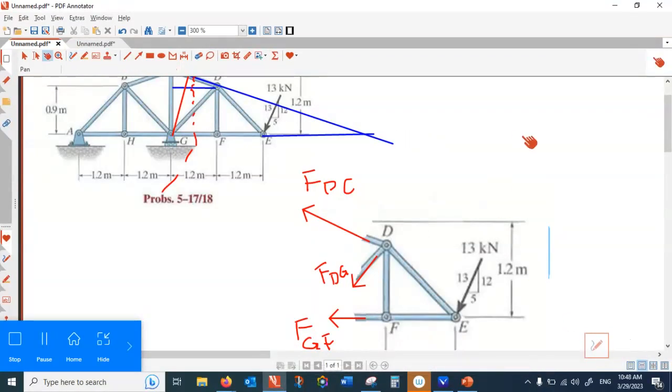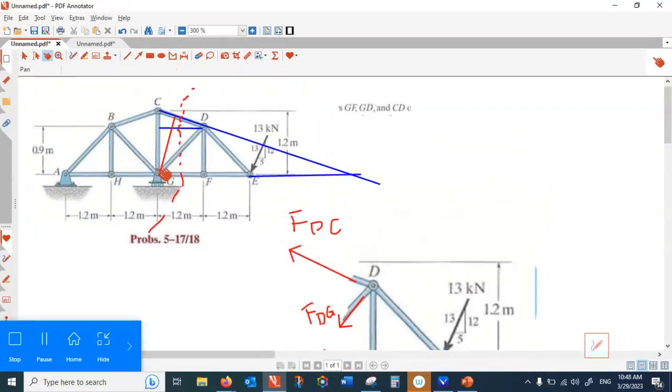Look, if you want to find rotation of DC with respect to the G, you have to find the shortest distance between the force and that. And this is a red line. All right. If I have the red line, things are easy. Or the other thing I can do is break FDC into Cartesian components, and then I don't need to find the red distance. I treat that as two forces. If I want to treat this as one single force making rotation, I need to find its shortest distance with